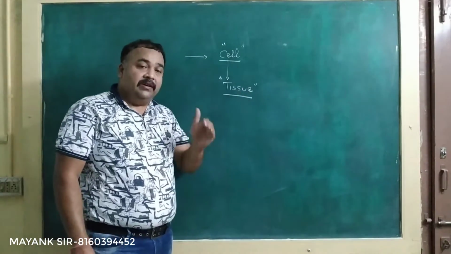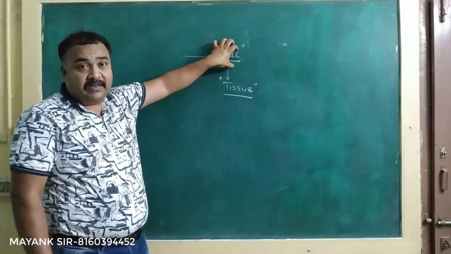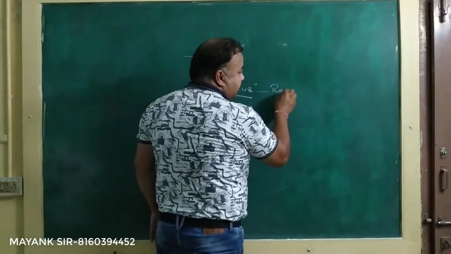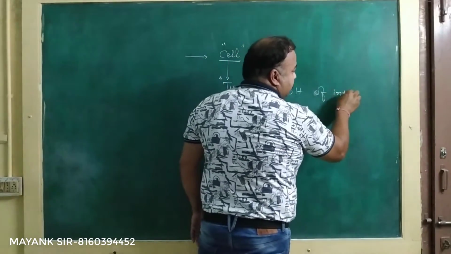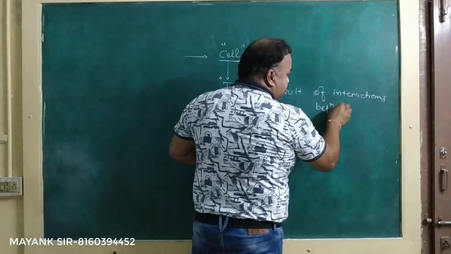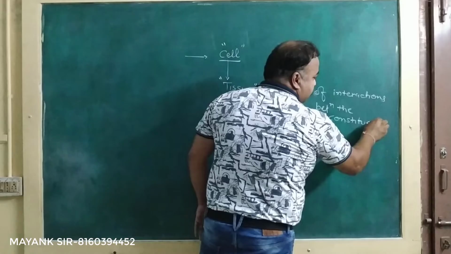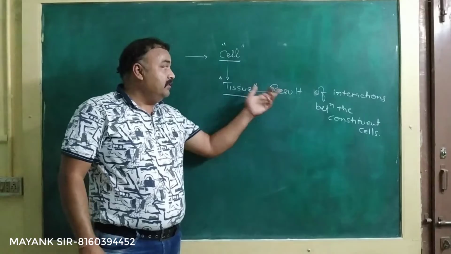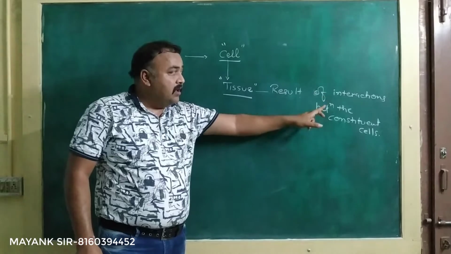The characters of the tissues do not depend upon the type of cells, that means constituent cells, but it is the result of interactions between the constituent cells. It is nothing but, that means the characters of the tissues are nothing but the results of interactions between the